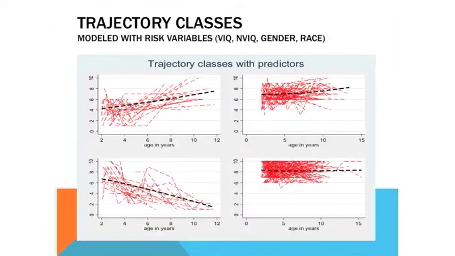And here, these are trajectory tables where we tried to group kids from 2, and these actually go all the way up to 14, on the basis of ADOS scores. And one of the things that we were really surprised by was that the 2 groups on the right each contain 40% of the sample. So on the whole, about 40% of the kids, each red line is a child.